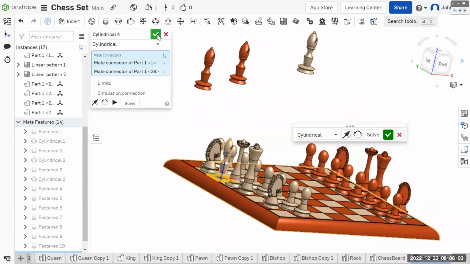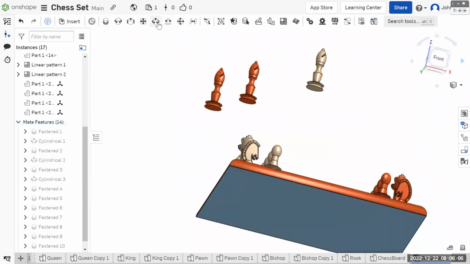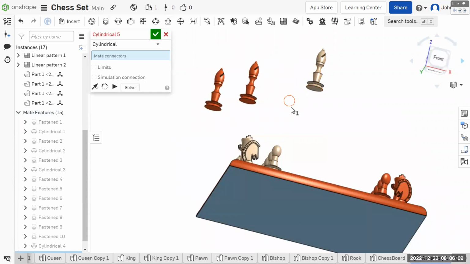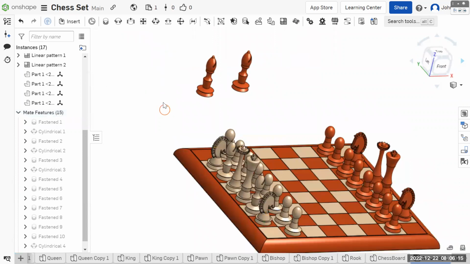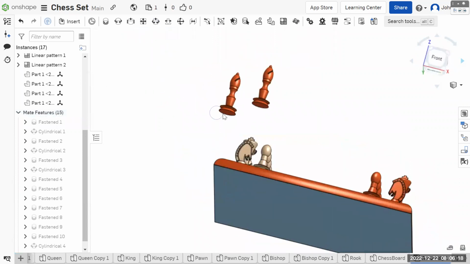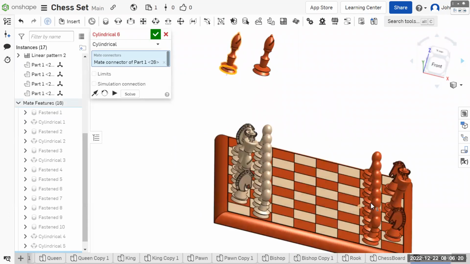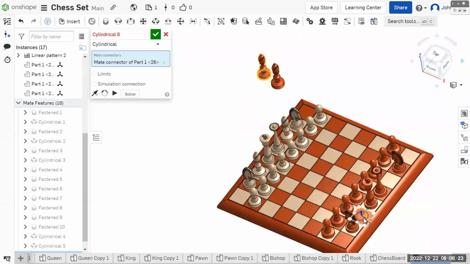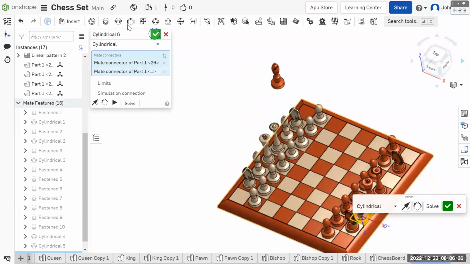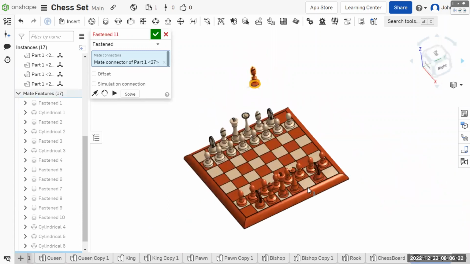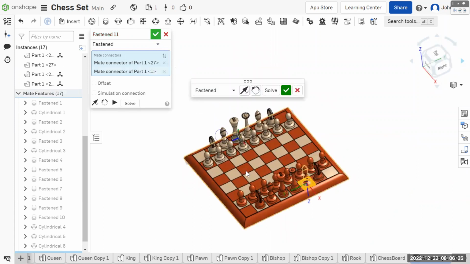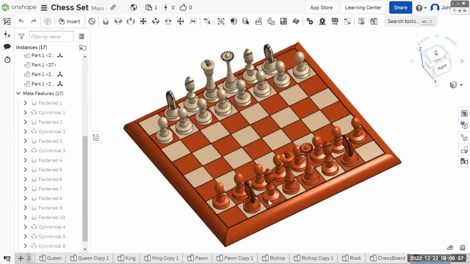And it is, let's cylindrical mate this one to here. Bishop goes in 3rd from the side. And we'll do another cylindrical mate. I suppose technically you don't have to do the fasten mate as long as they're in the right place. Okay, and because I did cylindrical mate, I should be able to spin it. Yep, I can. Oh yeah, I'm going to do fasten just to make sure that it's